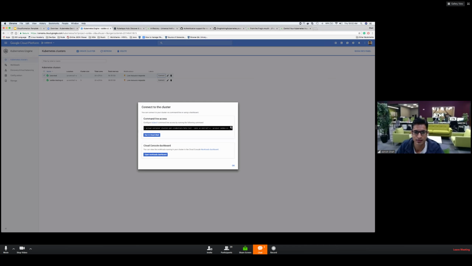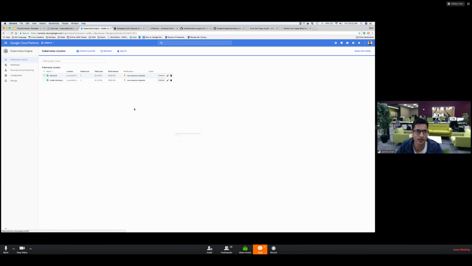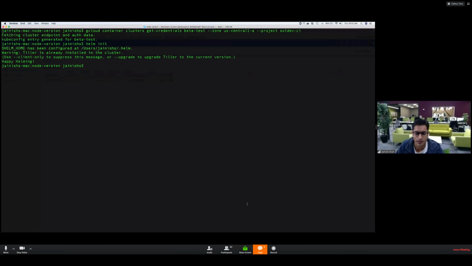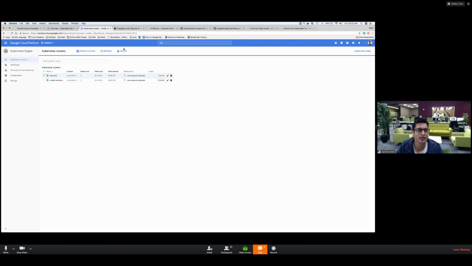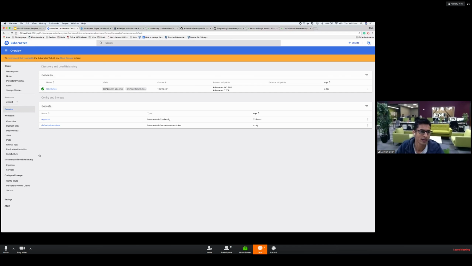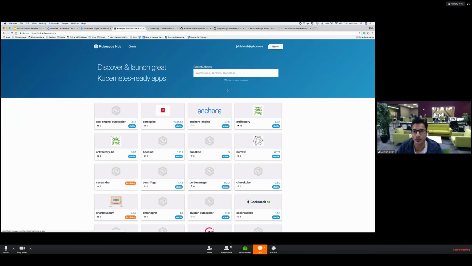Let me connect to my cluster. It's a 3-node cluster with Kubernetes version 1.9.6. And I am connected. I will do helm init, which will deploy Tiller in my Kubernetes cluster. I have already started kubectl proxy on the side to see the Kubernetes UI, and we can see that the cluster is clean. Now, the next step: